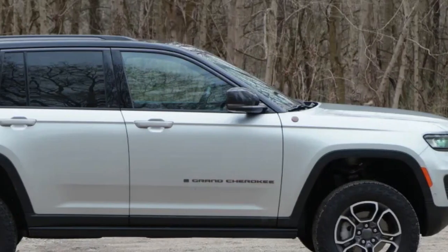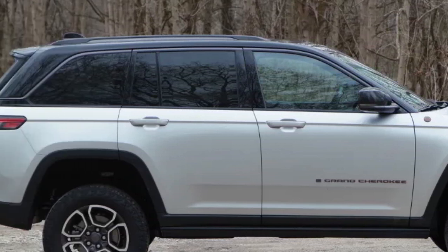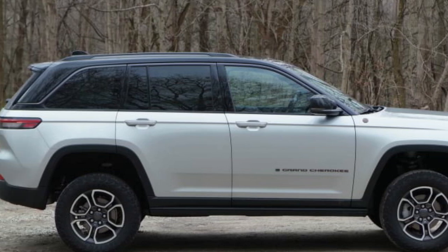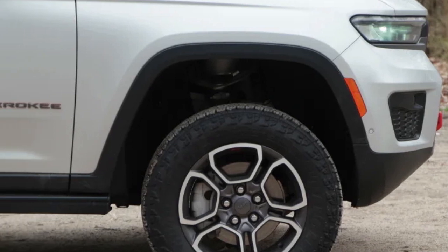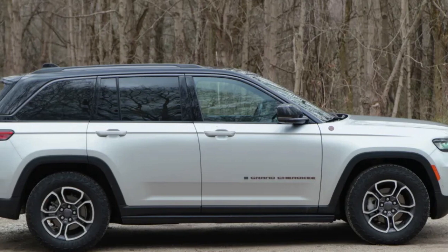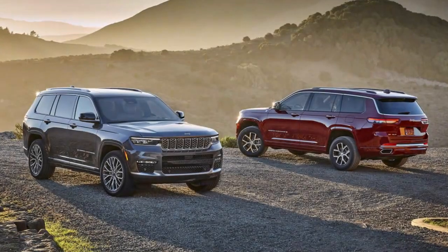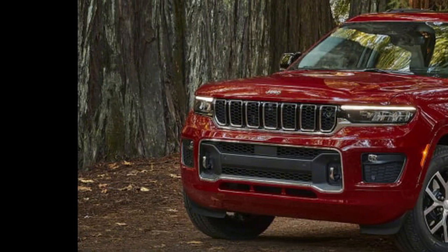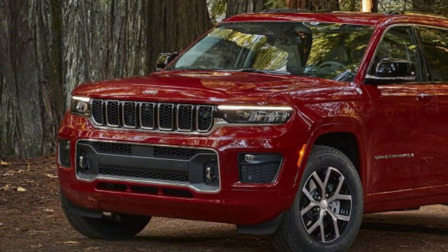Fuel economy estimates weren't available at the time of this writing for every 2023 Grand Cherokee, but those that were available were basically the same as those of 2022, which we'll share here. Basically, the Grand Cherokee V6 delivers average fuel economy for the segment at 19 miles per gallon city, 26 miles per gallon highway and 22 miles per gallon combined for a four-wheel drive two-row model. Rear-wheel drive is basically the same, while the three-row Grand Cherokee L loses 1 mile per gallon combined regardless of